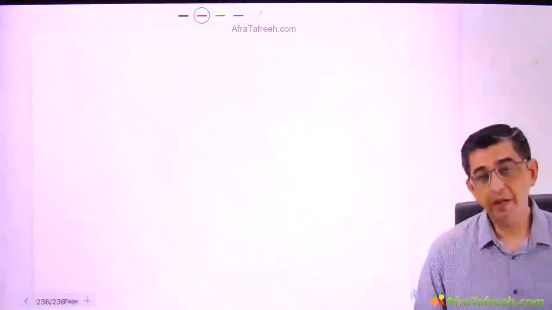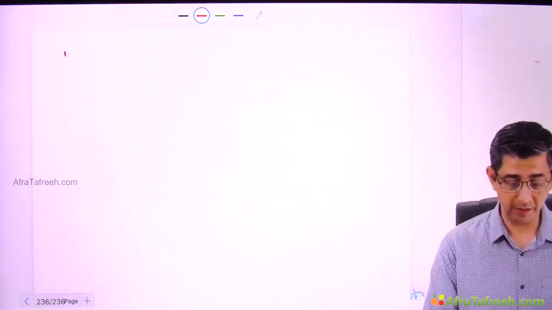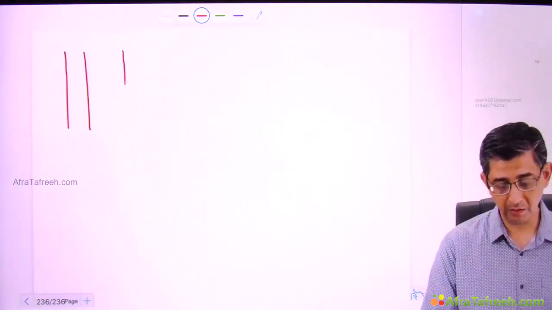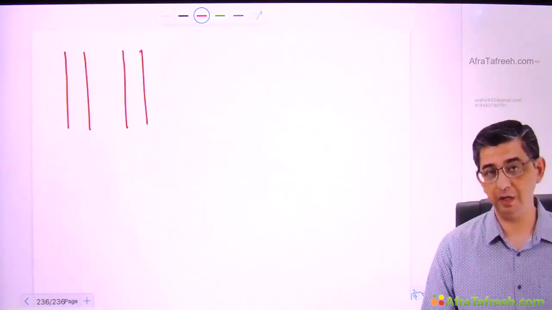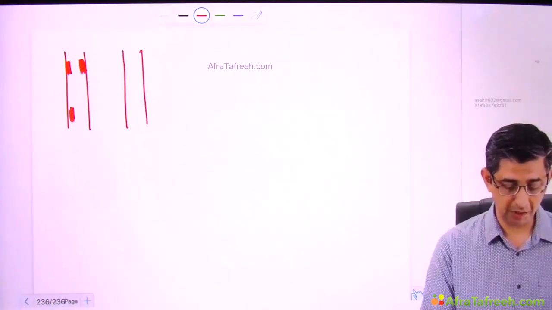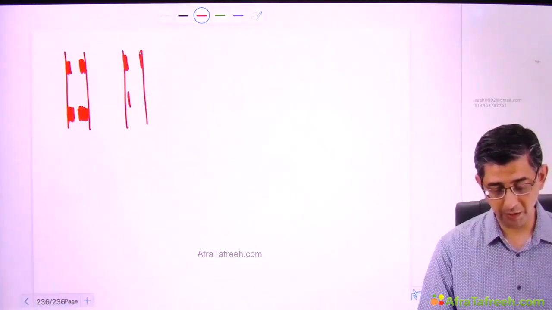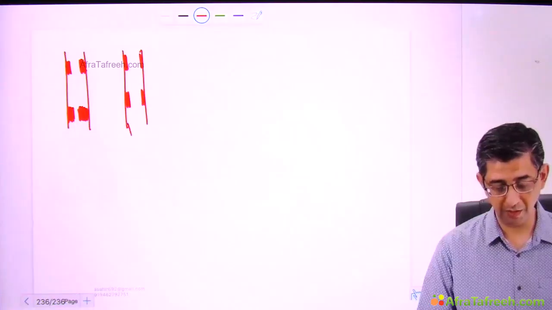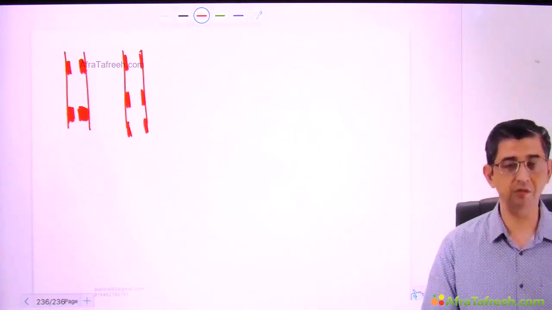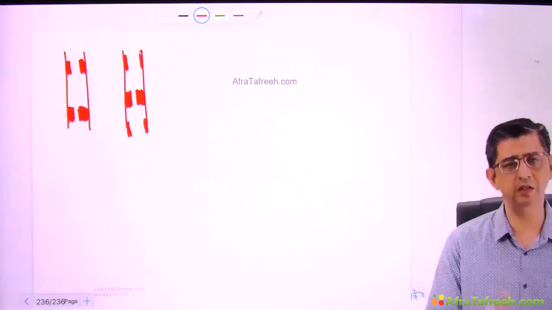I will now create a scenario for you where the patient will be having a double vessel disease, but it would be multi-site obstruction. Let me just sketch this before you. You can take this as representation of, let me say, the right coronary artery and the left circumflex artery. In the right coronary artery of the patient, there are two different obstructions. One is, let me say, 70%, and the second one is a little more, let me say, increase it up to 80%. And in the left circumflex artery, I have shown multiple lesions present about 2 to 2.5 centimeters apart, but you can see that they are having a variable obstruction, in a sense that one of them I can increase up to critically 90%, one of them I can say is hardly 30-40%.